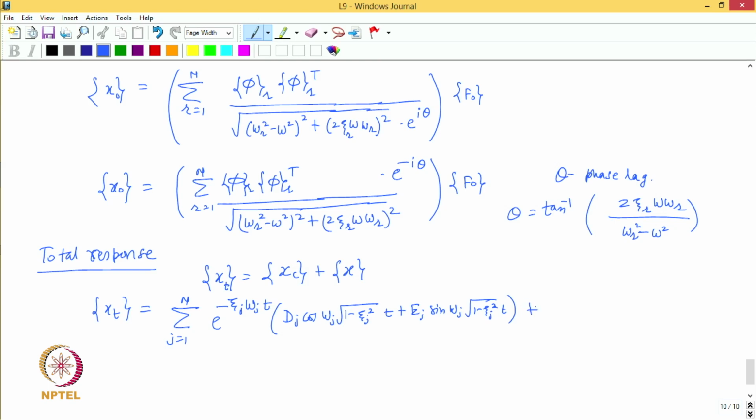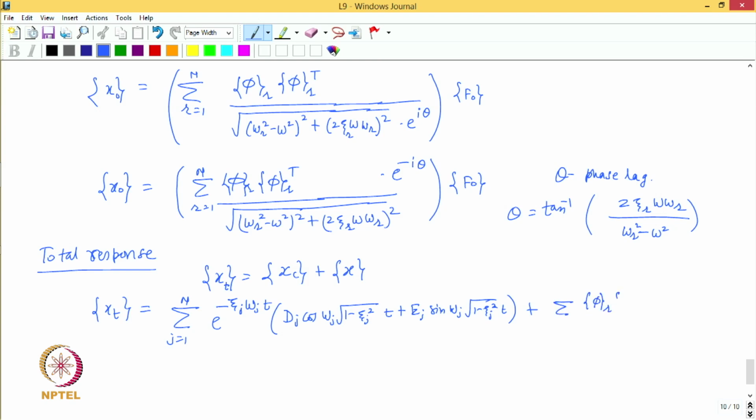So, that is the complementary part, and then we have a particular part. Now we need to take the real part of this, because the forcing function we initially took was f naught e to the power i omega t. So, we have to take the real part of it. Therefore, we can write down the particular part of the response as